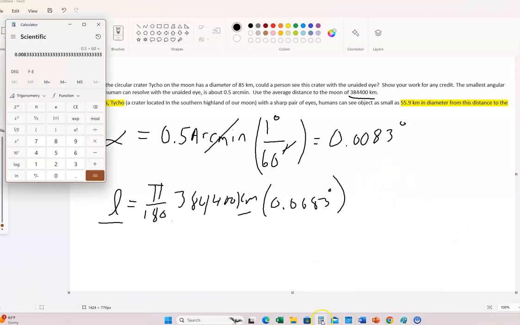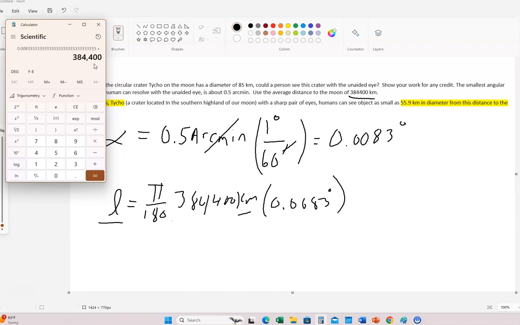All right, so here's my, there it is right there. Then I'm going to multiply that times the distance to the moon. So times 384,400. Right, so that's 384,400 kilometers. That's the average distance between the Earth and the Moon,